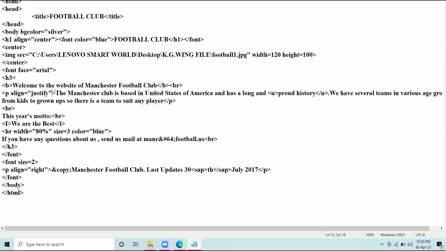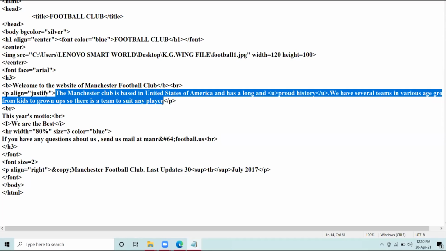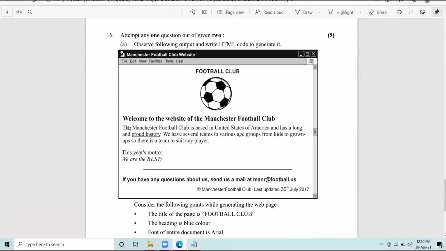So I type the paragraph. Now see here. The Manchester Football Club is based in United States of America and has a long and proud history. Proud history is underlined. Now, the hyperlinks are always underlined.